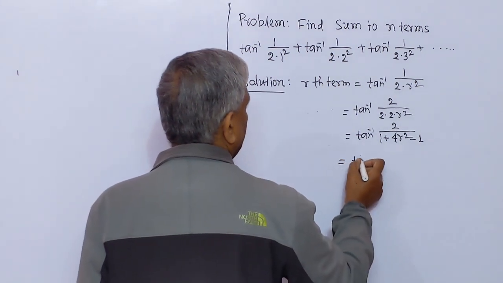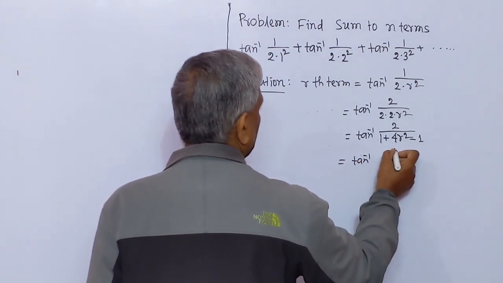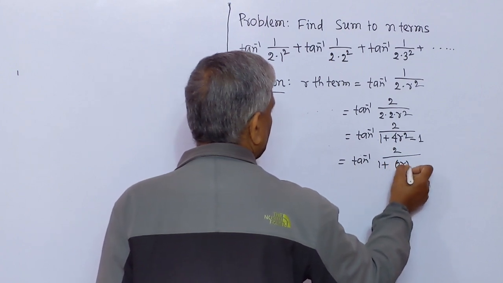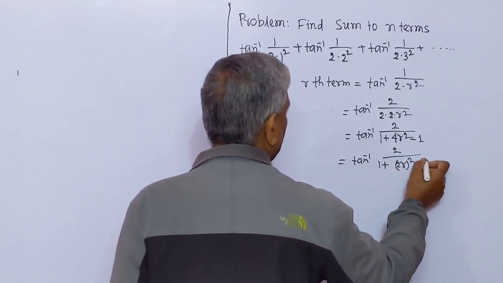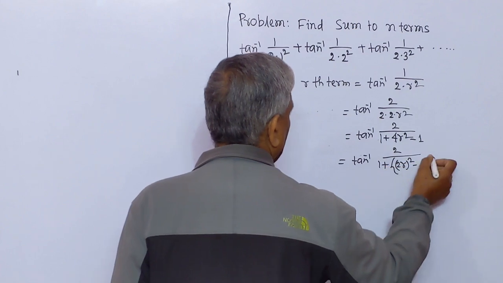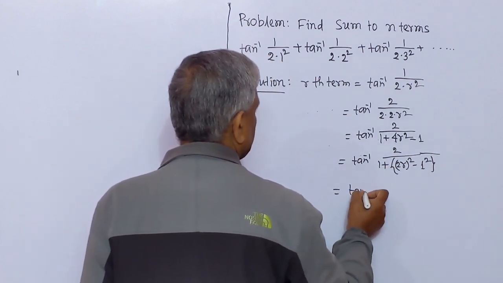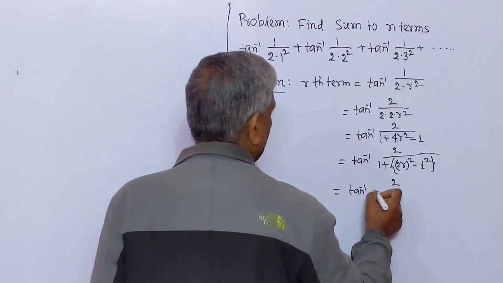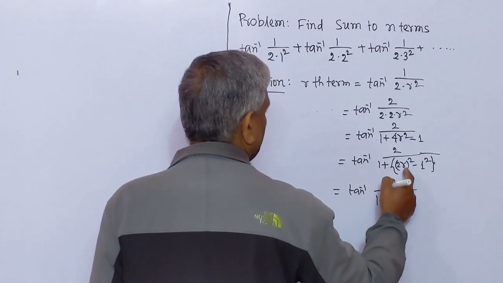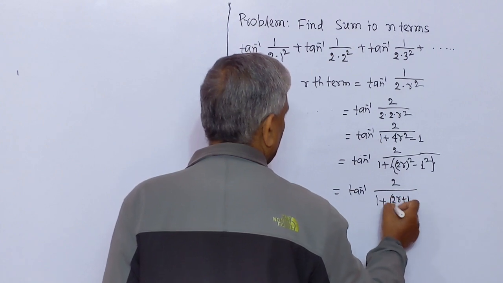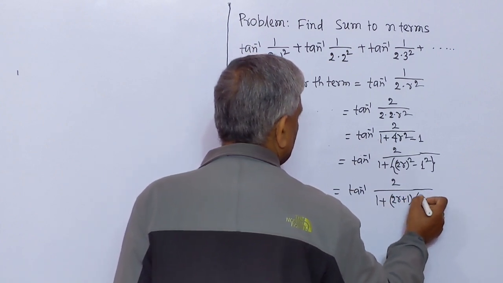So this will be tan inverse 2 by 1 plus 2r square minus 1 square. This will be equal to tan inverse 2 by 1 plus, using a square minus b square is a plus b times a minus b,